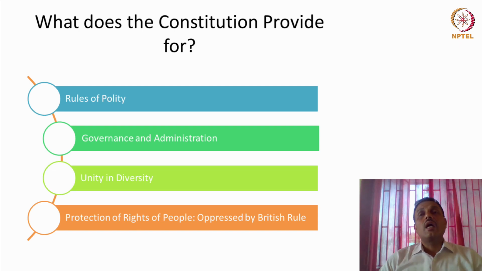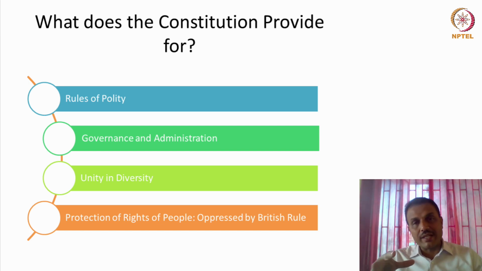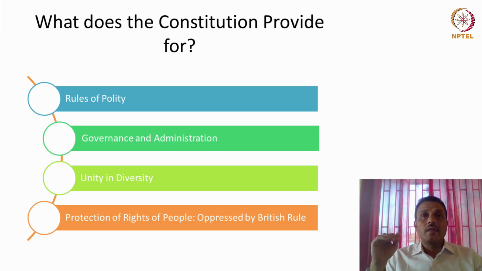Though 51A was not part of the original Constitution, friends, fundamental duties were added to the Constitution. And I would say today, if we speak about how constitutionalism has grown up or has advanced in India, from a time where we were actually fighting for our basic rights, let me tell you how the generation of rights came about. We say that there are four generations of rights. The first generation of rights are considered to be civil and political rights. The world fought for it. It's not something that only India did. I think the world did so, and it was a kind of transformation of the political class and the political society in India.